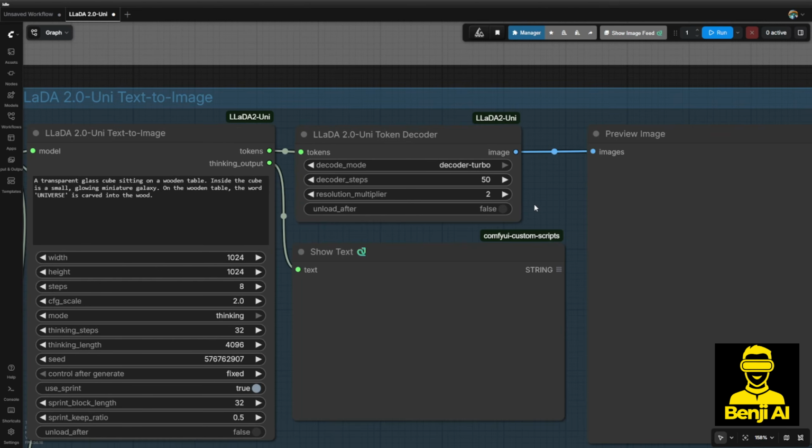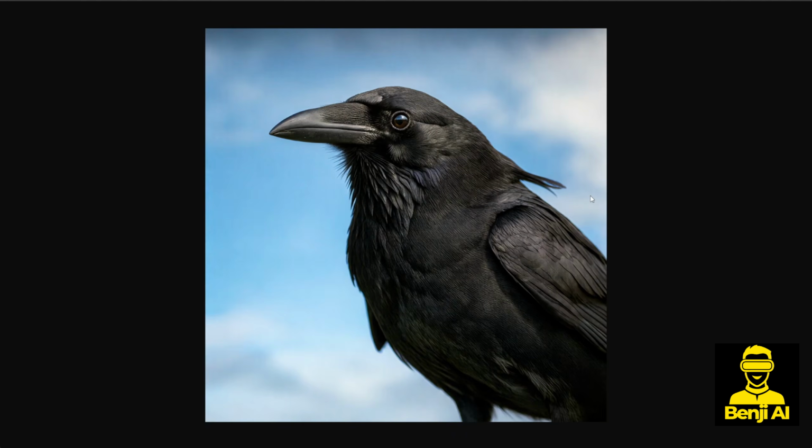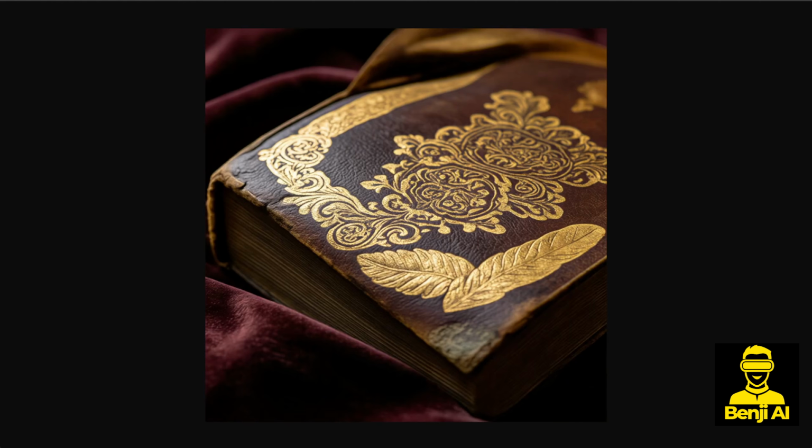So let's try some examples. Previously, I've tested a couple images with text to image. By default, this generates at 1024 pixels, 1:1 aspect ratio, based on their model specifications. So this first one, I was testing the texture capabilities. Can it produce leather surfaces, golden colors, and realistic reflections? And yes, you can see the leather texture on the book, and the golden colors work at various angles with